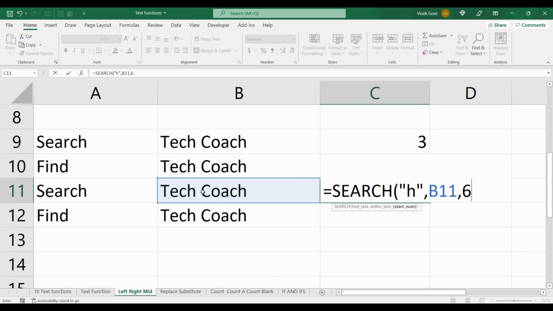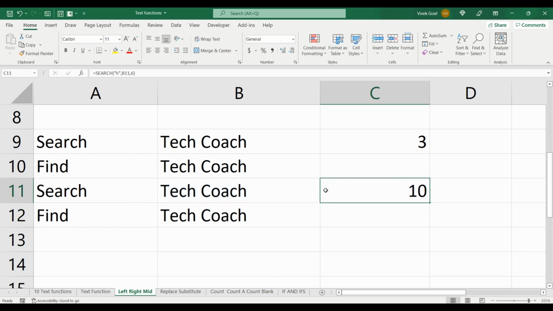It will give 10 as the position of H, which means if we start searching for H from the 6th position, we have H at the 10th position. If you notice, we did have one H at the 4th position itself. Since we explicitly told Excel to start looking from 6th character, Excel did not consider this H.